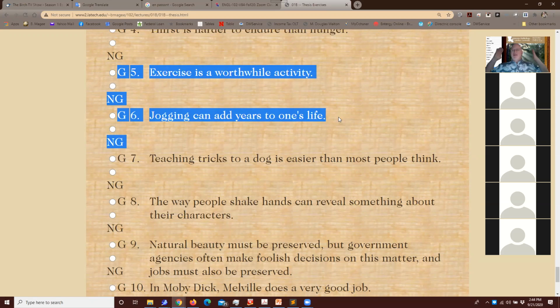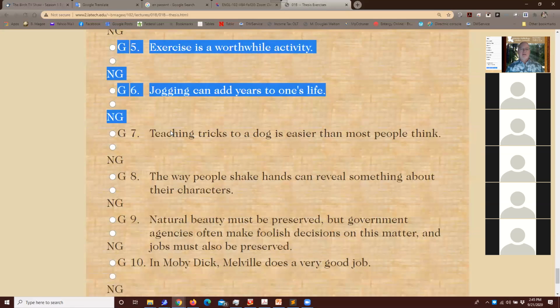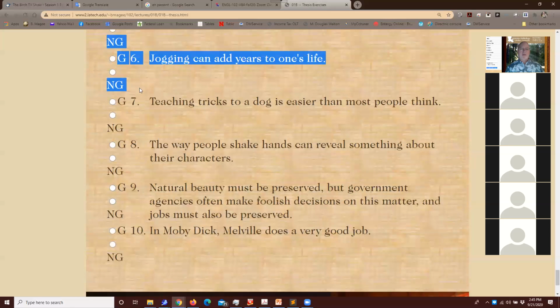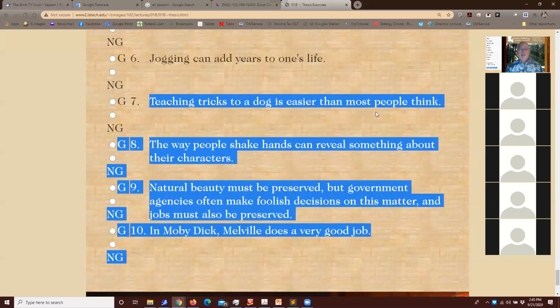So there are all these different ways to narrow that into something usable. So if I gave it to the 101 class and said, we're all going to start with this broad thesis, and then you're going to make a narrow thesis and write an essay, we'd all have different essays because there are 100 different ways you could go with that.